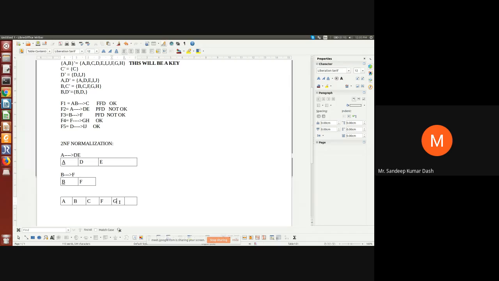F determining G and H here only. Then D determining IJ. So D was here, no? D determining